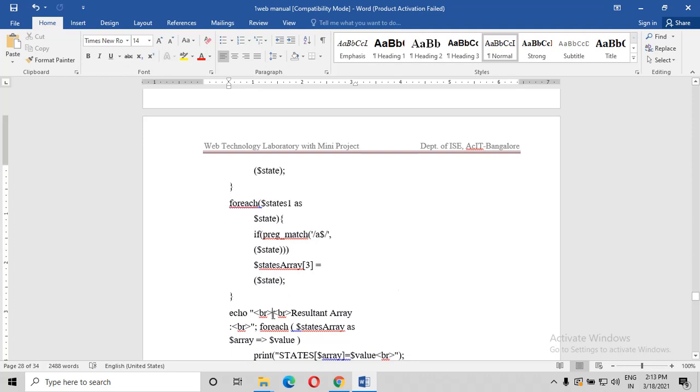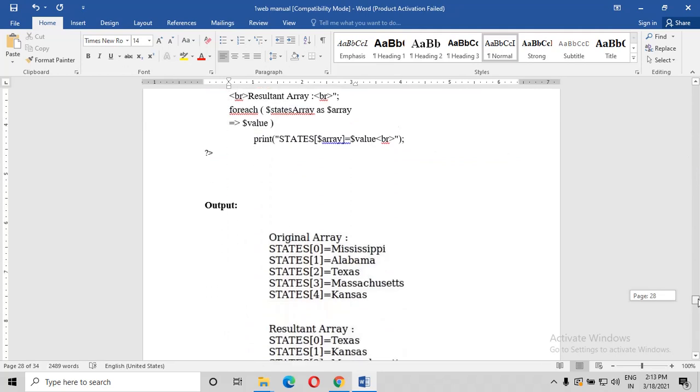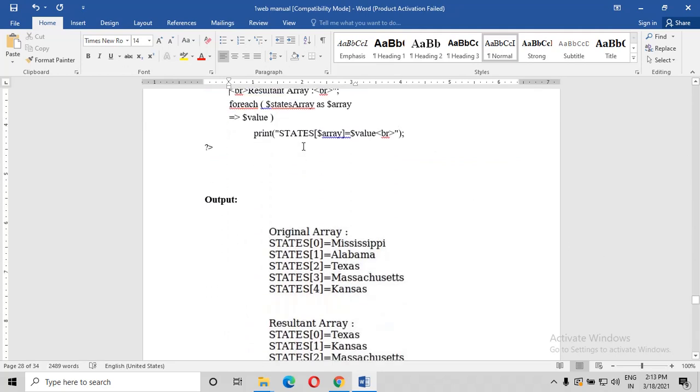You are breaking everything. Please do understand the resultant array you are going to print with foreach. As I told you, foreach is a loop which works only on arrays, and it is used to go through each key value pair in an array. The syntax for foreach is foreach $array as $value. The same thing applies here with the array value, and you are going to print that value.